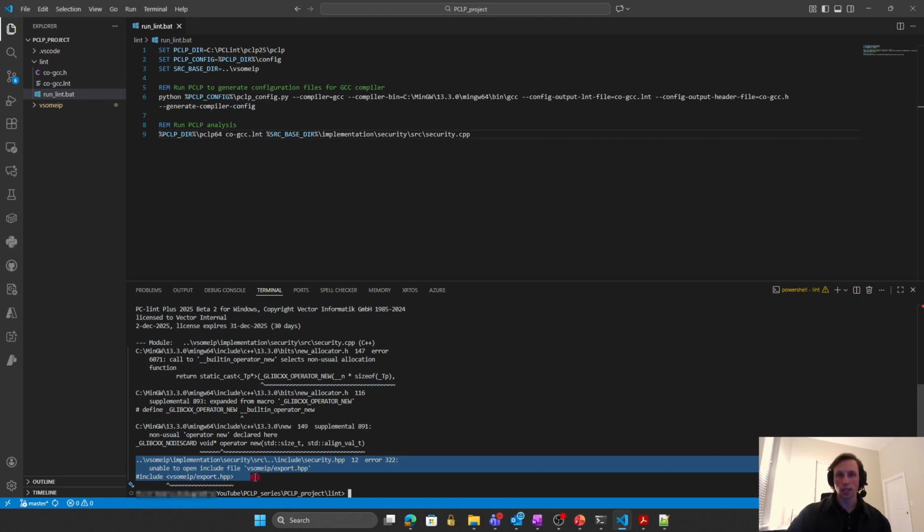It looks like PC-lint can't find one of our include files called export.hpp that's included for the source file. So what can we do to remedy this issue? Well, we would need to find my project or my code base's compiler settings for each source file in order to get the include paths for this error. But that's a problem for the next video, so be sure to tune into that next part where we'll go over how you can automatically pull the compiler settings from your project, such as the -i's and the -d's